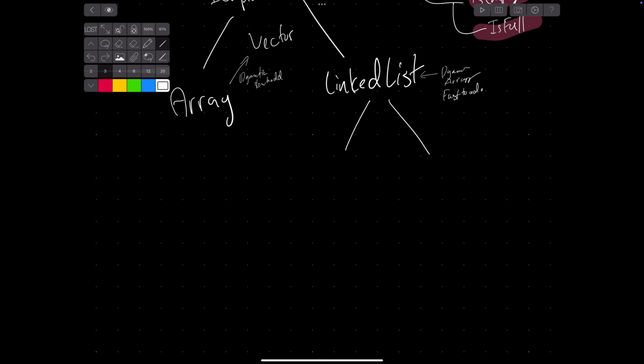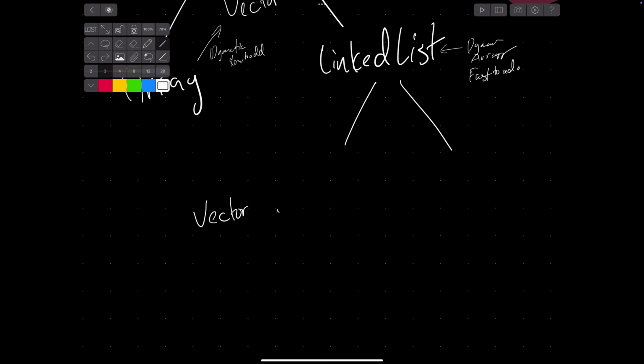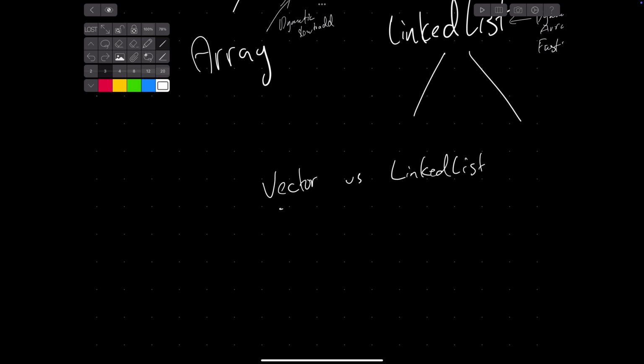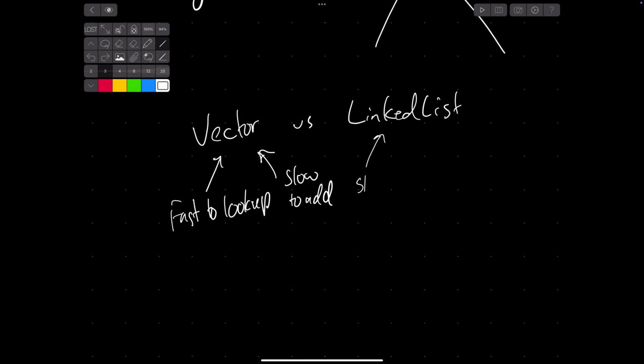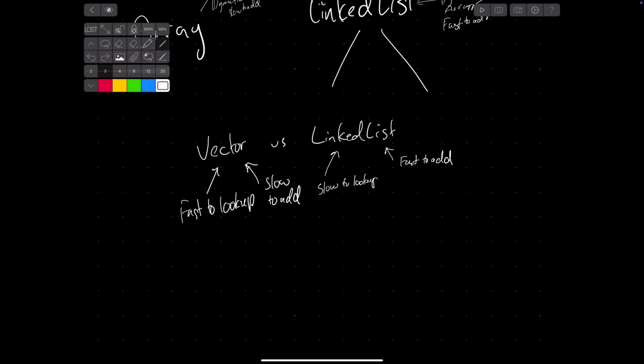So to compare and contrast vector versus linked list, a vector is fast to look up, but slow to add since it has to copy the array whenever you would do push back. A linked list, however, is slower to look up, but fast to add. And I think in the average case,